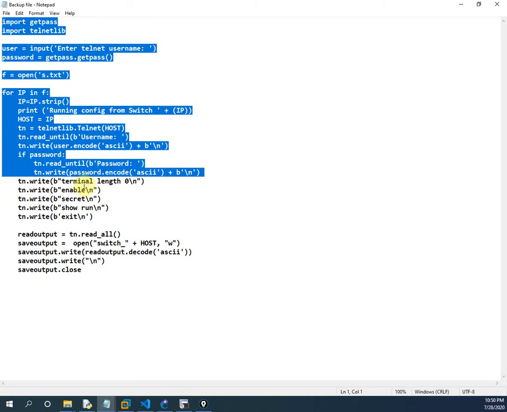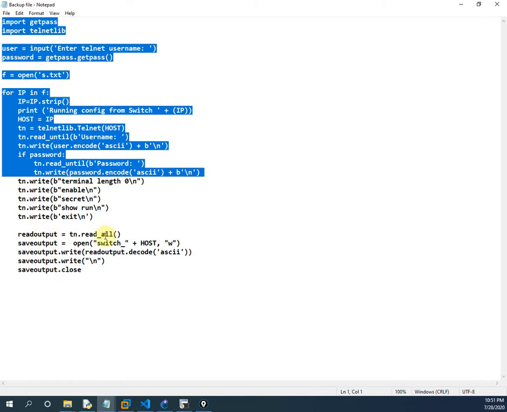After that, what we are doing is writing terminal length 0, going into the enable mode, and typing the secret password for the enable mode. Then we are writing show run and coming back. Here is the new thing that we are running. I created another variable, that is read output.